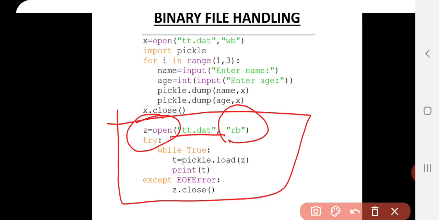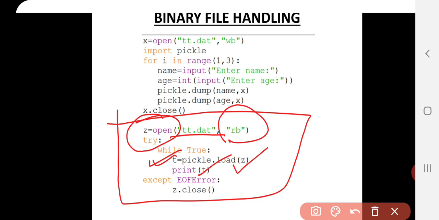What happens here is, when the program goes inside the while loop, this load command simply reads the first object from the binary file, and that is returned to Python object t. The first object is read from the file and returned to t, and print t will print that object on the screen.